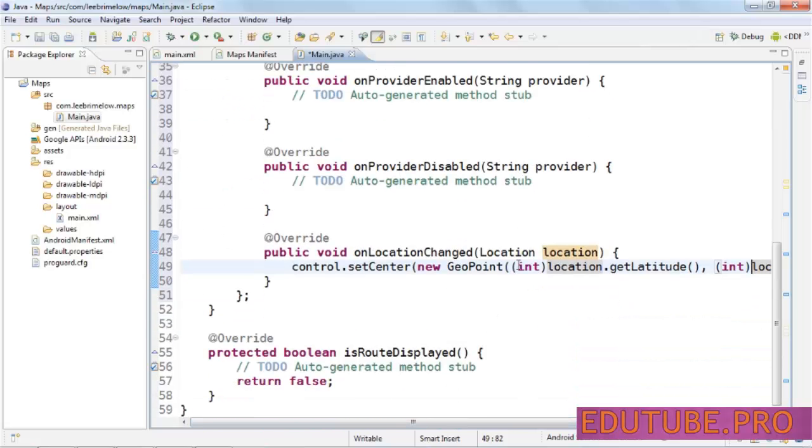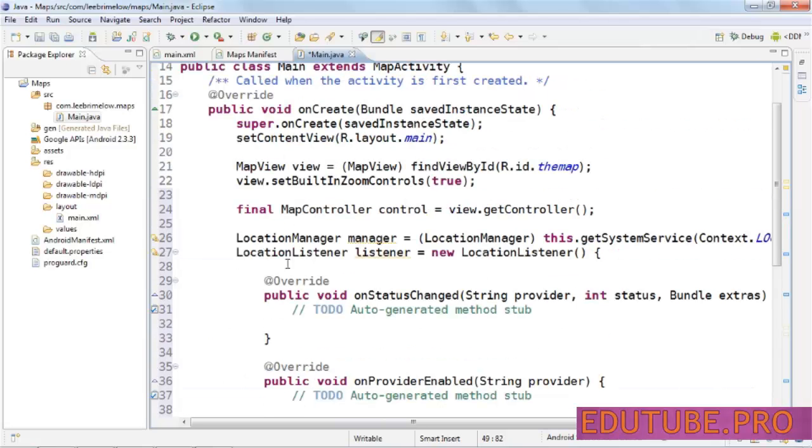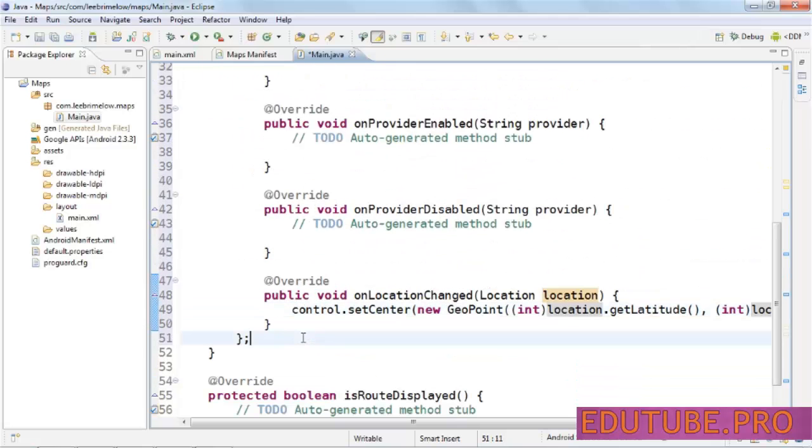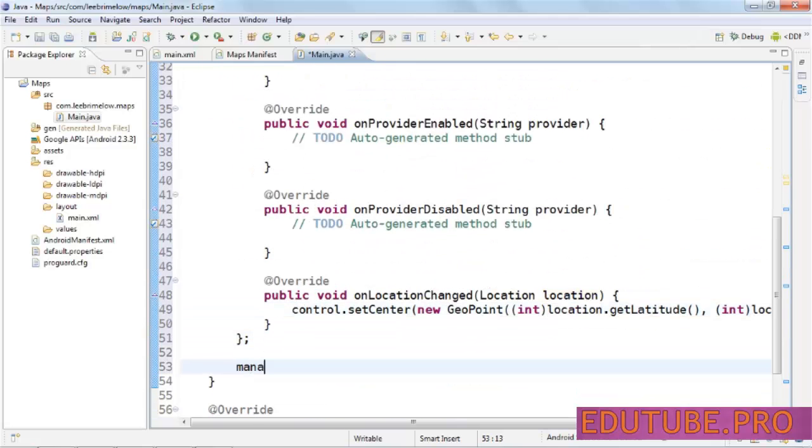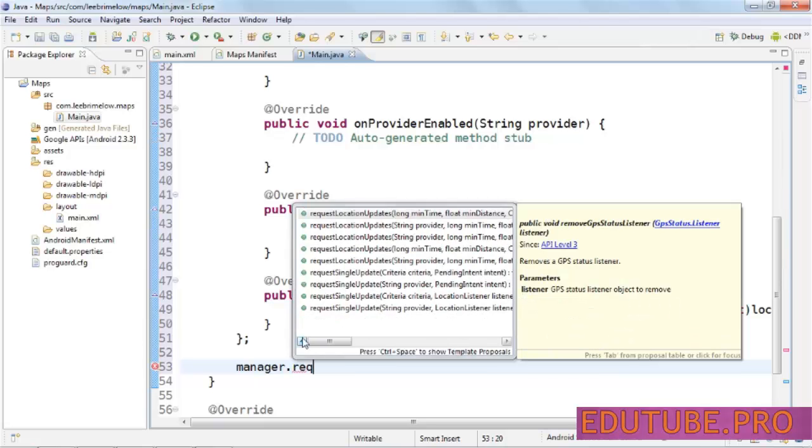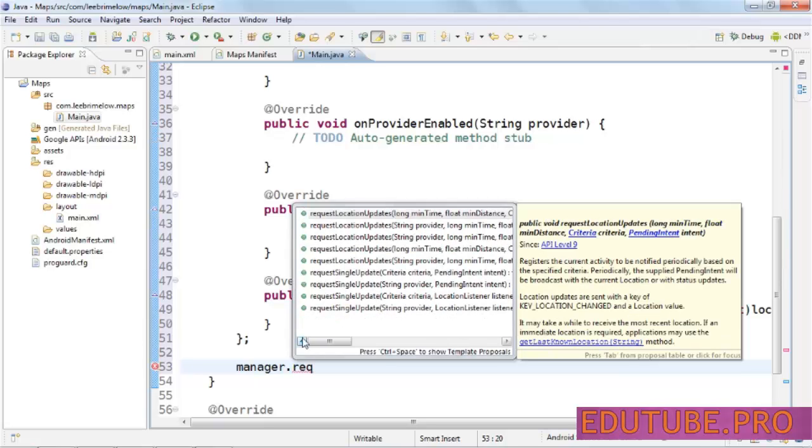So now that we have this listener created, the next thing we need to do is to actually register to get location updates. So remember up here we created this location manager. Now we're actually going to use it down here. So I'm going to say manager,